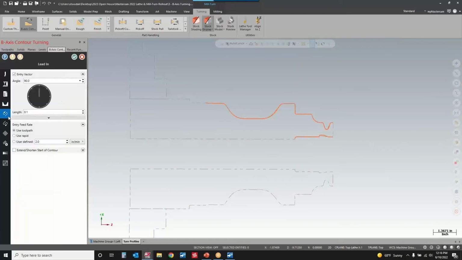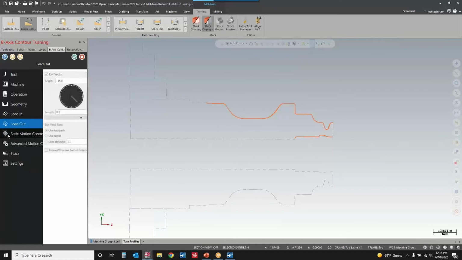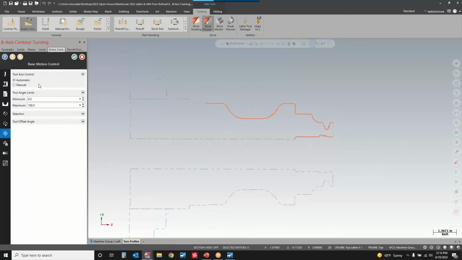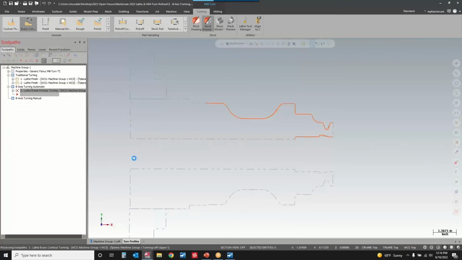Next thing is going to be our lead in. So I want my lead in to be left. I want my lead out to be in at an angle. And then you'll see that there's length under both of these. So these are the length of your lead in and lead out. Next thing is our basic motion control. And this is where our automatic and manual control lies. We have our tool angle limits, and I have it set to 0 and 180. Take note of this for now, because when we go into the toolpath here and I hit the green check,